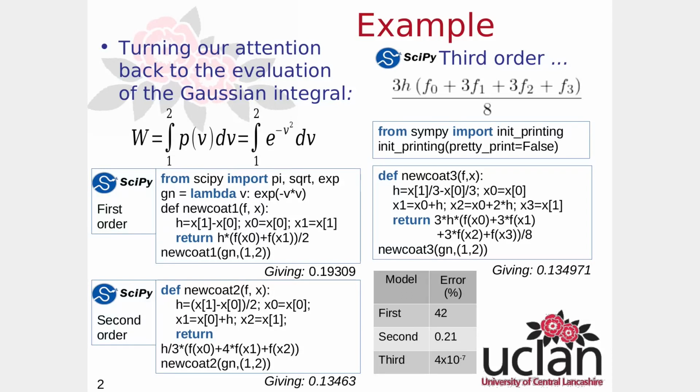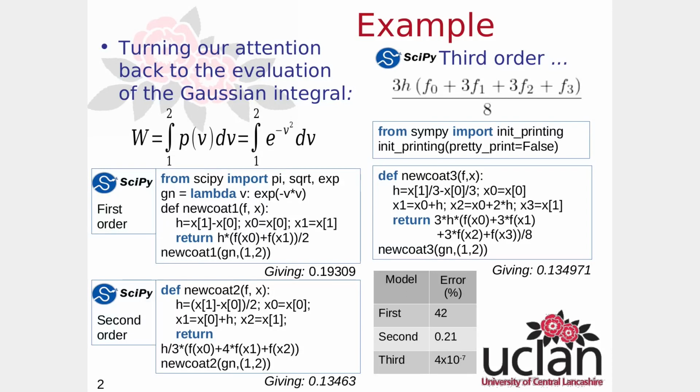You can define functions in Python very simply. Use the def command, then the name of the function, in this case newcote for Newton-Cotes, first order, and f and x. Unlike its compatriots, Python's quite happy to take in functions as a parameter, because it's an object-oriented programming language, and therefore we'll see functions such as this Gaussian as an object rather than just a variable